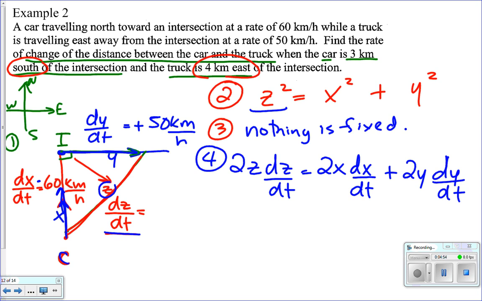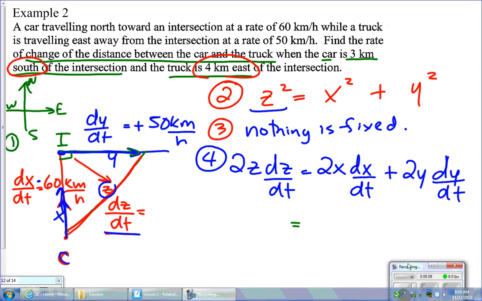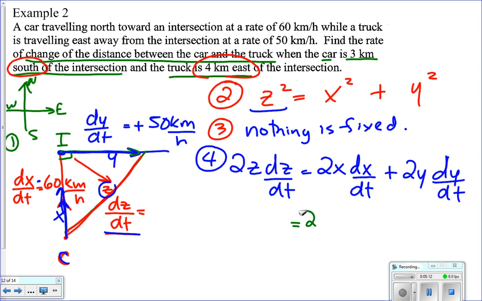At this point, you want to substitute anything that is changing. Okay, so everything in this diagram is changing. So let's put in some values here. If I work with, let's say, the right-hand side, just for now, and we'll go to the left-hand side in a bit here. 2 times the x value, okay, so the distance of the car. The distance of the car at this point should be 3 kilometers. Okay, dx dt, we have that value, which is negative 60 kilometers per hour,